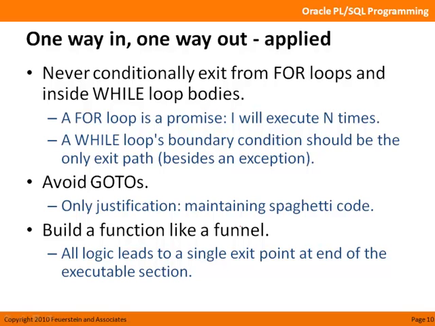And the specifics for one way in, one way out that I'd like to talk about in this lesson is never conditionally exit from for loops and inside while loop bodies. A for loop is a promise. I will execute n number of times. A while loop has a boundary condition that specifies when you should stop, and that should be the only exit path. And what I mean here in general is besides an exception. Obviously, if an exception is raised, that's going to force a termination of that part of your block. You will exit from your block. So I'm talking about non-exception, normal processing. Never exit from a for loop and a while loop from inside their bodies. Also, avoid gotos, and there's not a whole lot to say about that. I think it's pretty well